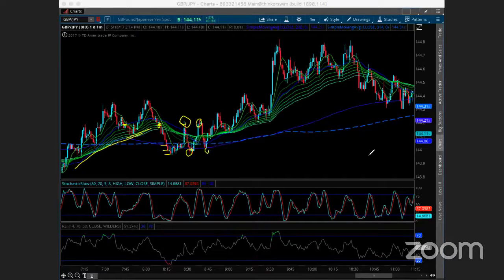What's nice about pound yen, and guys, our model, for those that are new, you can trade it across any asset class, any time frame. It's all the same process. We just happen to like the forex market as far as day trading. I think that's the best market in the world for day trading. Stocks used to be great. They changed the rules after the dot-com blew up. The day trade buying power rules, liquidity. They're only open 9:30 to the U.S. close. So if you really want to day trade,